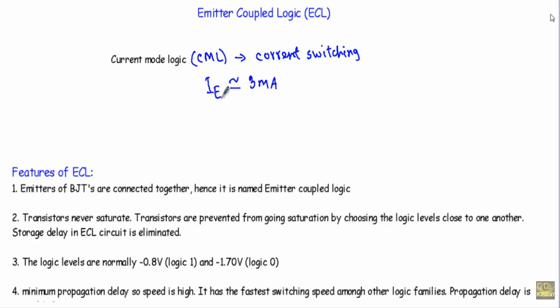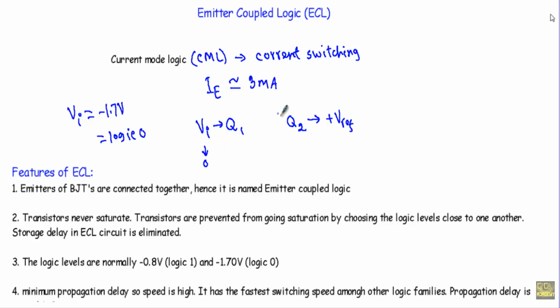Let me talk about the ECL inverter logic circuit. There you will see we will have a total of two transistors, Q1 and Q2, for the differential amplifier portion of the inverter circuit. At the base terminal of the transistor Q2, we will apply our reference voltage VREF, and at the base terminal of the transistor Q1, we will apply our input voltage or input logic level. When our VI is equal to minus 1.7 volt, which indicates the logic 0 at the input terminal or the base terminal of the transistor Q1,